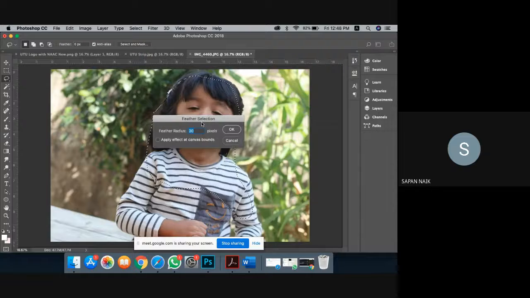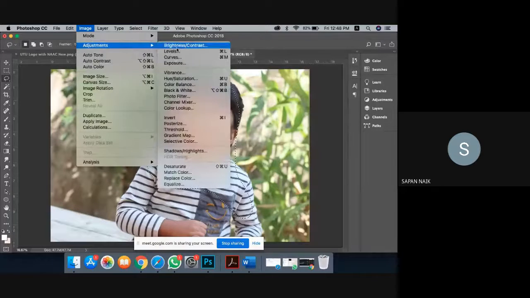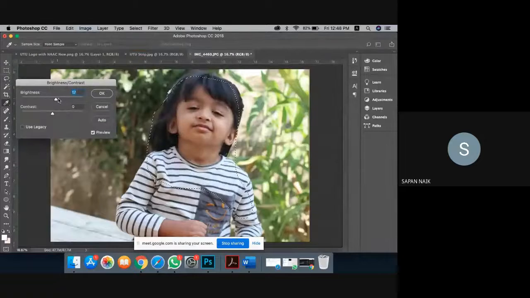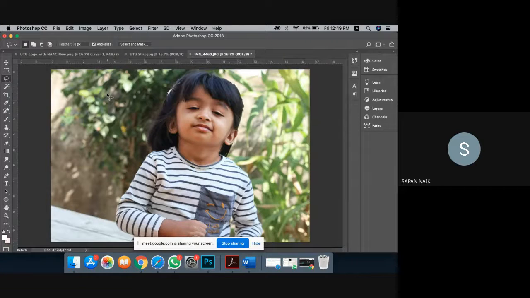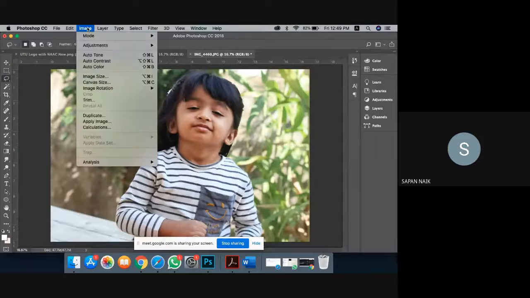Suppose feather 50, so that it can be. Now if I do anything, that will happen only on the selected area, right? So as you can see now, my background will not get changed. That would be the advantage. Now this is the, and Command D or Control D.